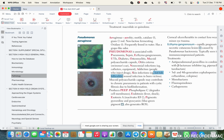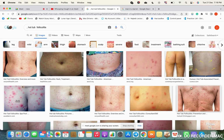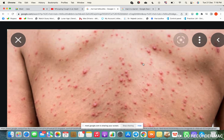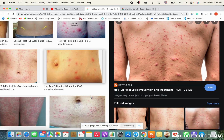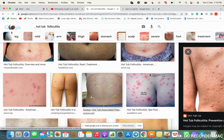Basically, their hair follicles become like, yep, it draws a map. Take a look. It's quite cool, actually. Oh yeah, boils all over the place. Nice. This is why they chlorinate our water. Also they put some substance that can react with